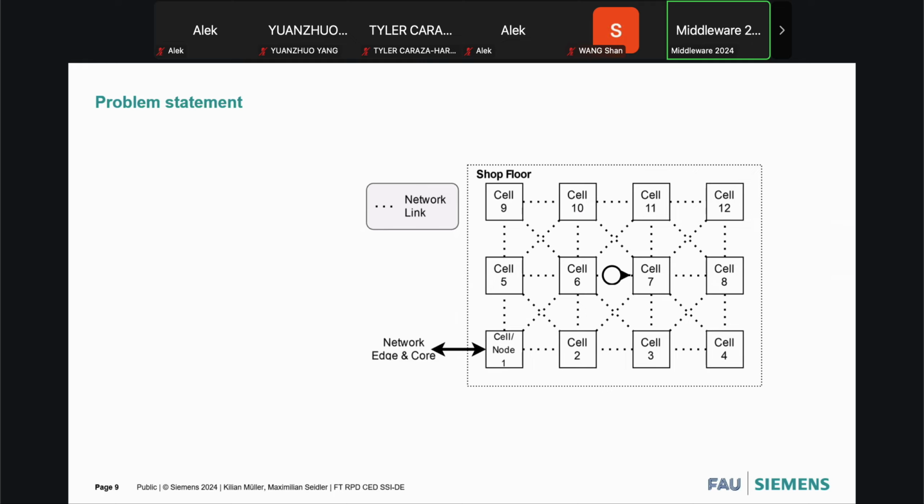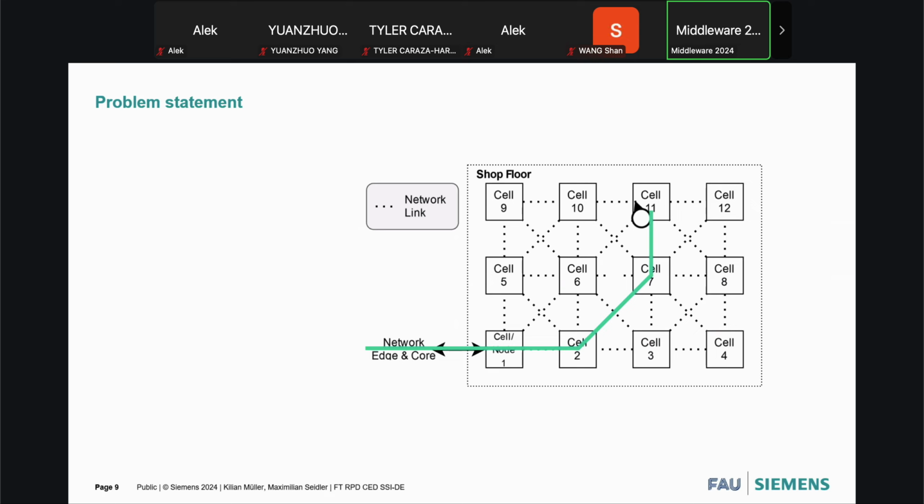So what does this mean, what's the problem that we are actually targeting? And let me motivate that by a very simple example. So we see the AGV approaching cell number 7, and it tries to execute some work. So it has to load the workload. That could be, for example, this path. Then it travels to the next cell. It loads the workload there. It maybe goes back to the previous cell, does another step where it loads the workload there, and then it finally goes to another cell and